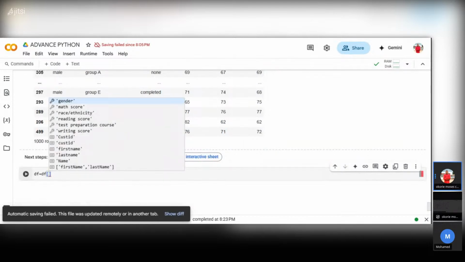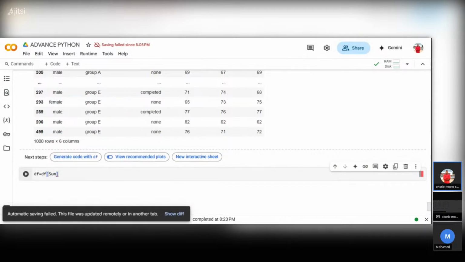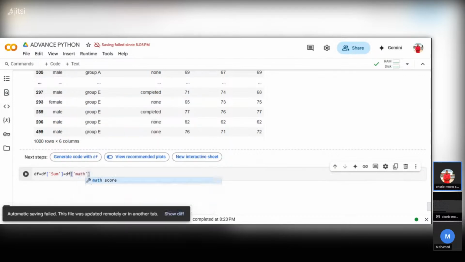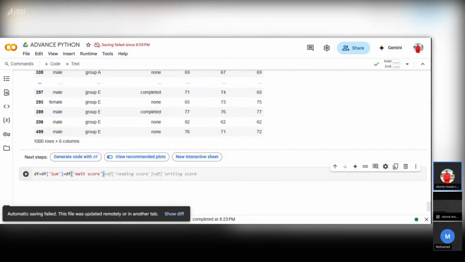We are naming the column sum, equal to df math score plus